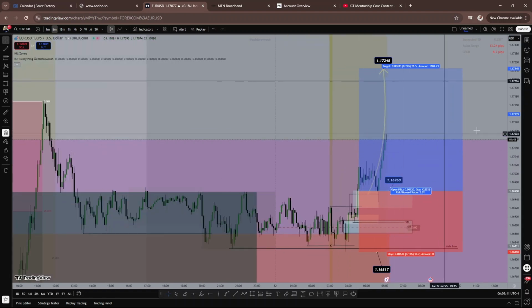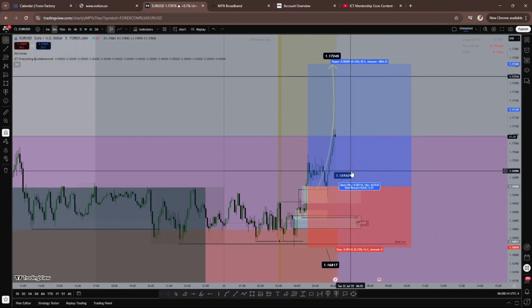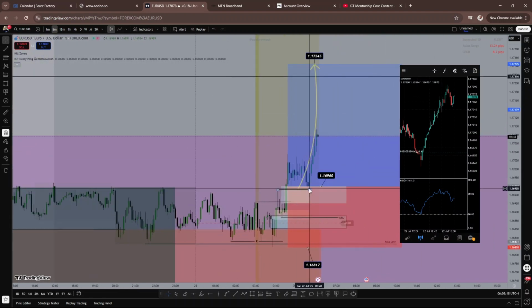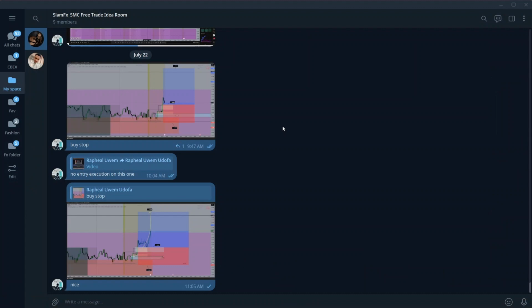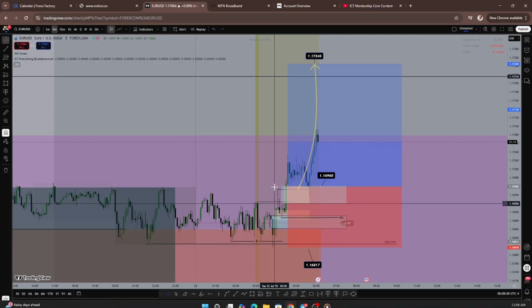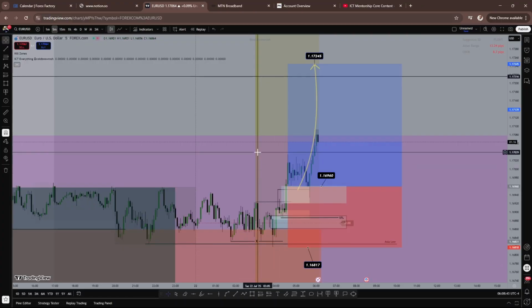So we got into the trade around this point. I entered with a buy limit. And guess what, guys? I also share these trades in my Telegram free group. So if you're in this group, you can also tag along with the trade. You can see this is where I sent the signal. Whoever is taking the trade right now should also be benefiting, as I am benefiting from the setup. So let's go back into the setup and see why I actually took this trade.